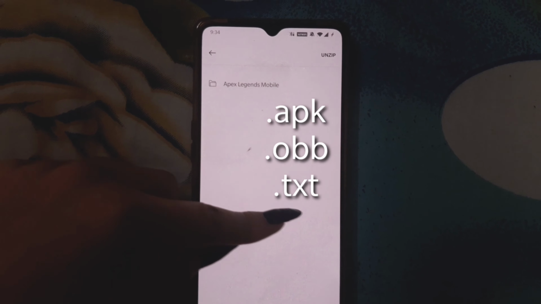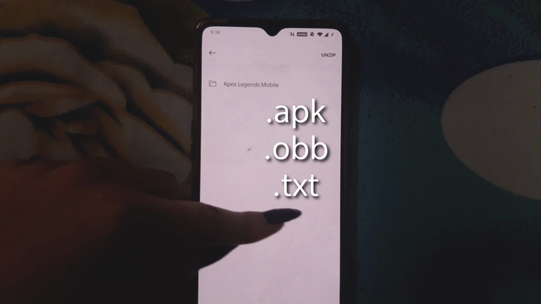The next step is to download the modded APK file. I'll share the link of this too in the description as step 2. So this is the modded APK file, apex_legends_base. We go and download this. Just download. We don't install it, we don't run it on our device yet. This is step 2. I'll give the link in the description as step 2. Right now we are at step 3.